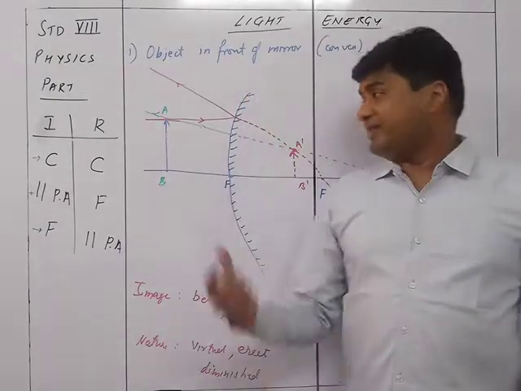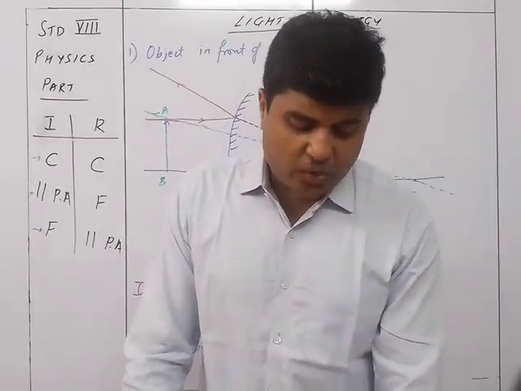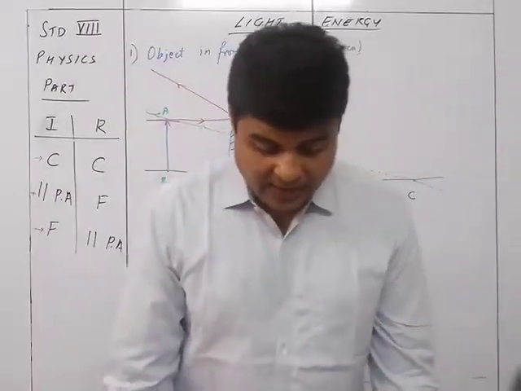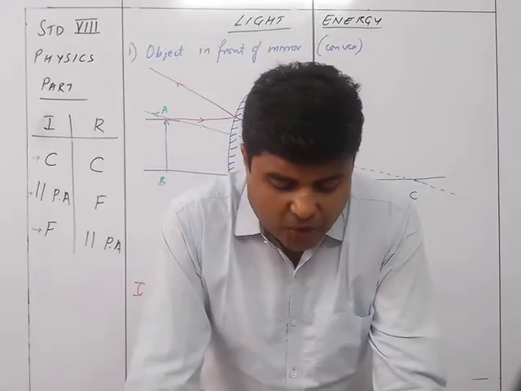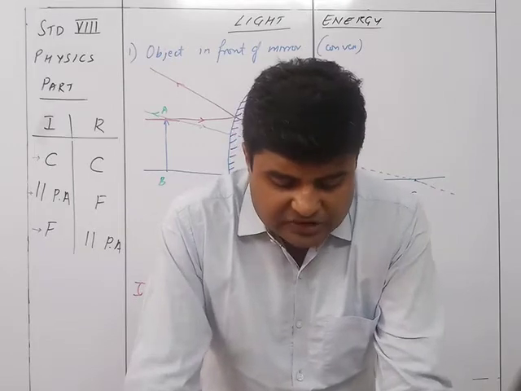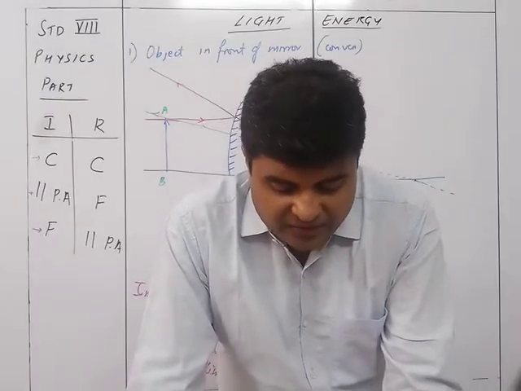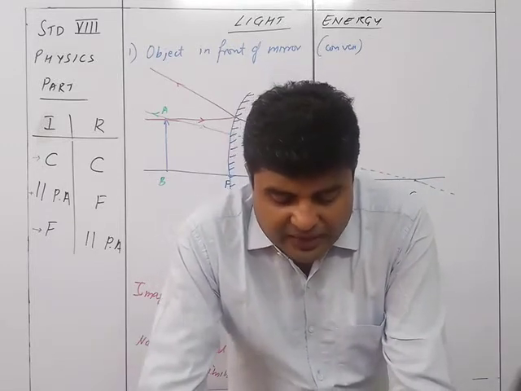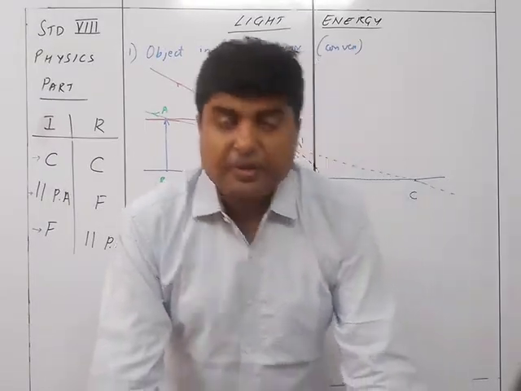On the other hand, in the convex mirror, the image formed is always virtual, erect and diminished. And it is situated between the pole and the focus for each position of the object in front of the mirror. As the object moves closer to the mirror, the image shifts towards the pole and it increases in size. We can verify it by drawing ray diagrams of different positions of the object. The formation of a virtual image by a convex and a concave mirror can be demonstrated by the following activity.